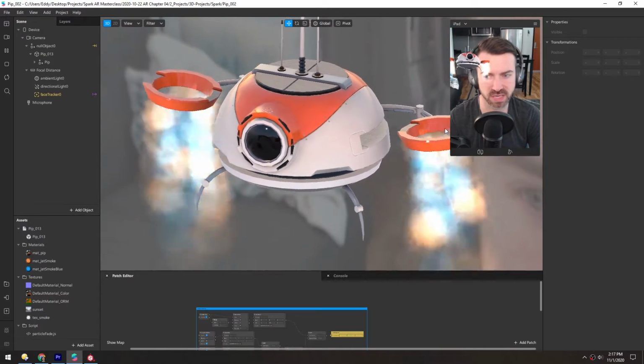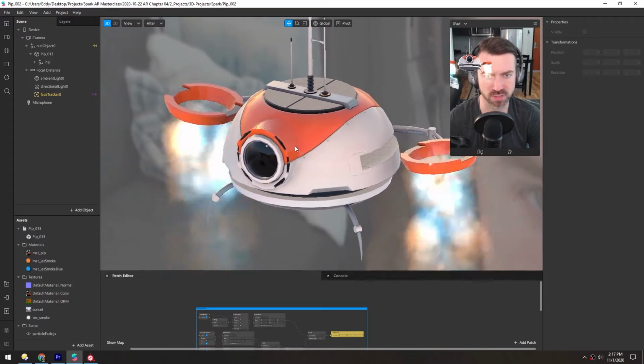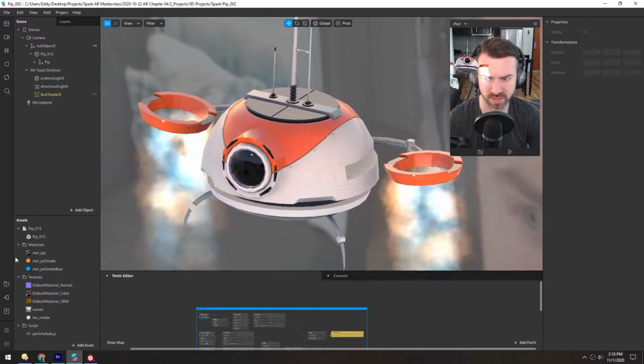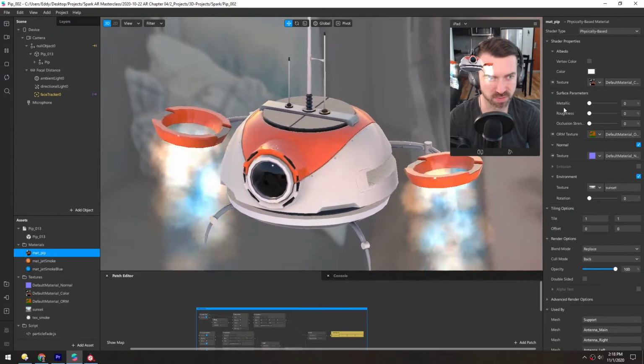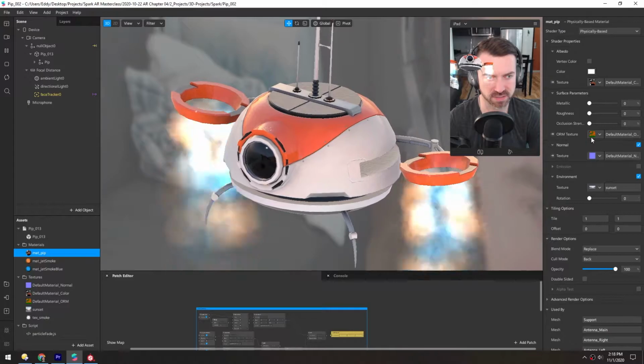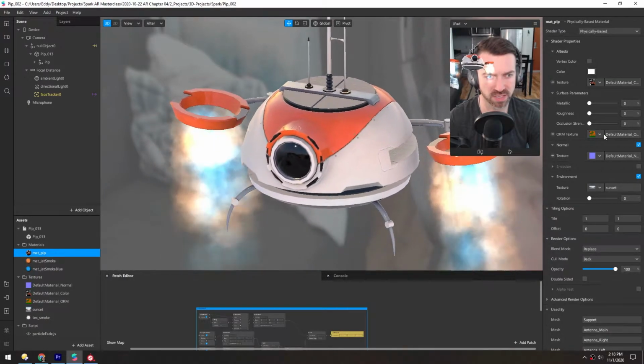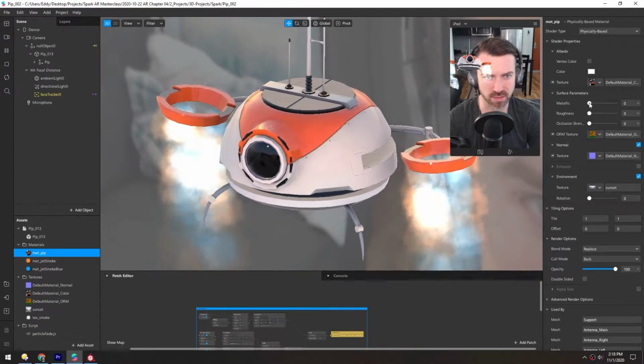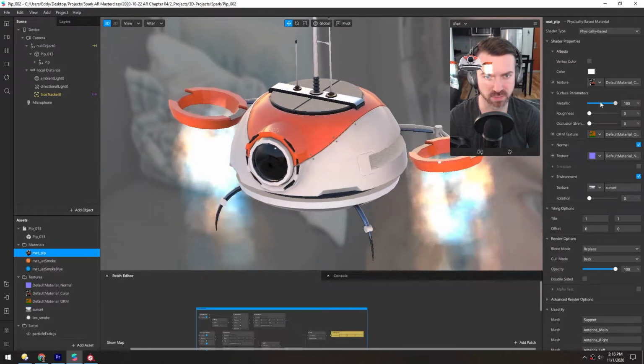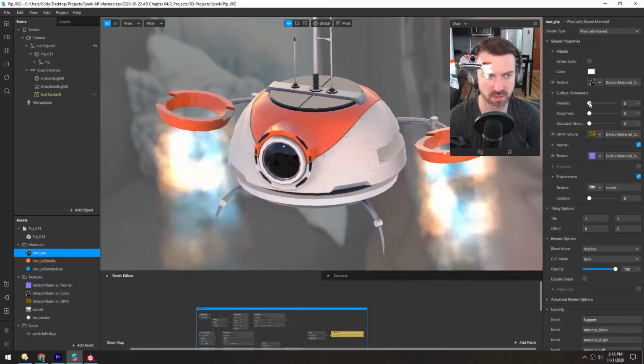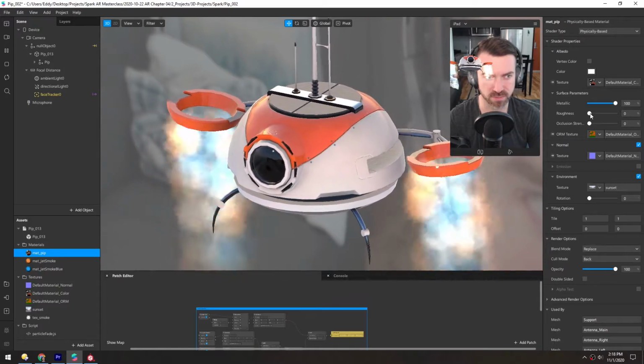Next, we're going to add another tapping feature that will change this orange color every time you tap. But before we do that, I forgot to turn up the metallic, roughness, and occlusion sliders on here. When you import the ORM texture, I don't think it does anything until you crank these up. Now you can see the metallic part on the top here actually turns metallic when this is up, and same